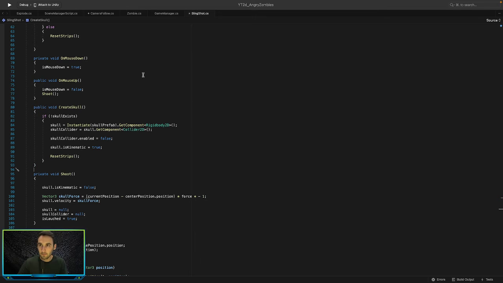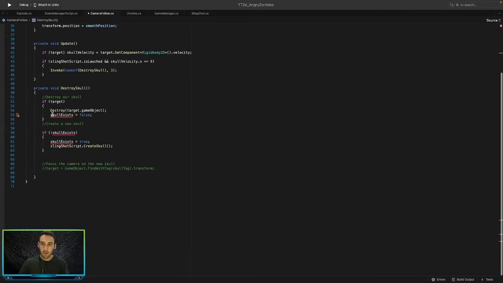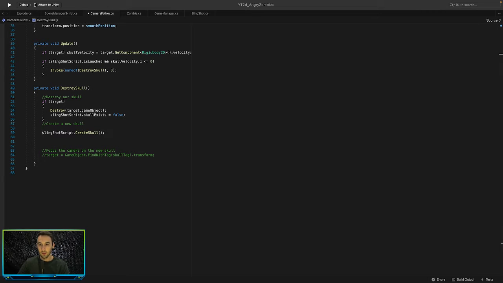So we'll save that, go back to our camera follow script, and in here we can destroy our skull, and then after that we want to say, what is it called? Slingshot script dot skull exists is equal to false, and then let us just create another skull over here like that. So the check of if the skull exists should happen in our slingshot